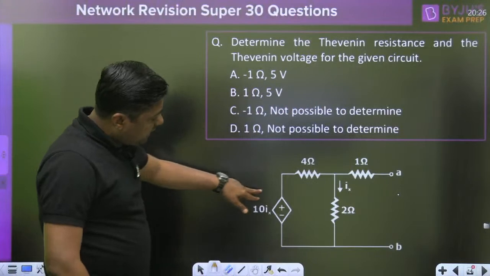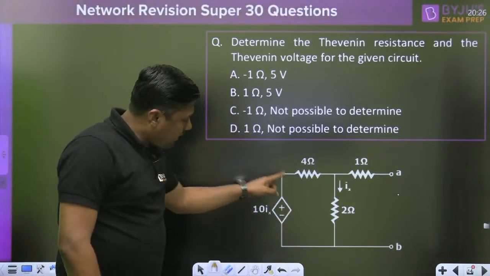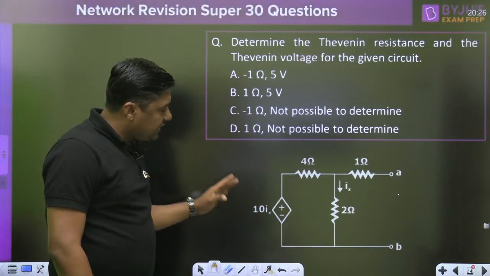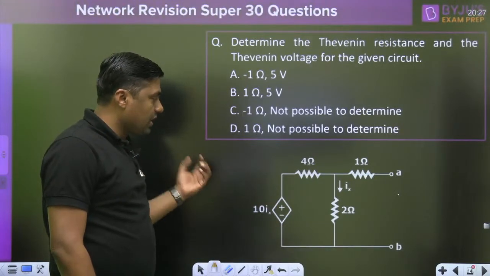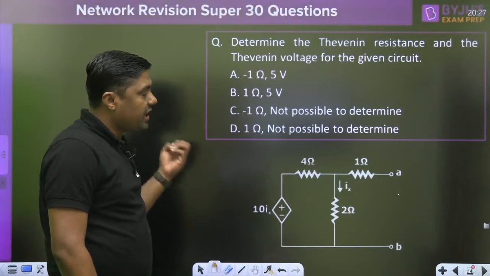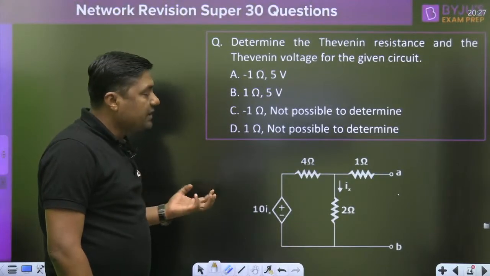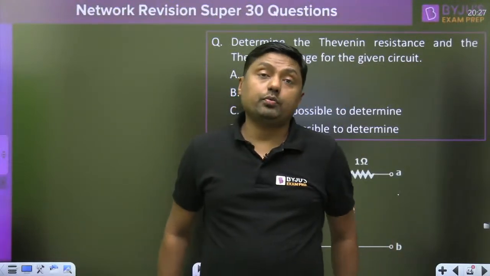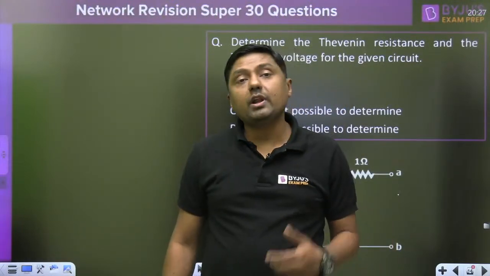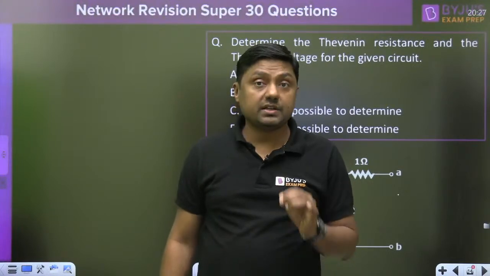Now here we have the dependent source. When we have the dependent source, then it is possible to calculate the resistance of the circuit, right? It is possible to calculate the resistance of the circuit, because we have to apply what? A battery. If we have the dependent source, apply a battery of what? 1 volt or 1 ampere current source, then you can find the resistor.